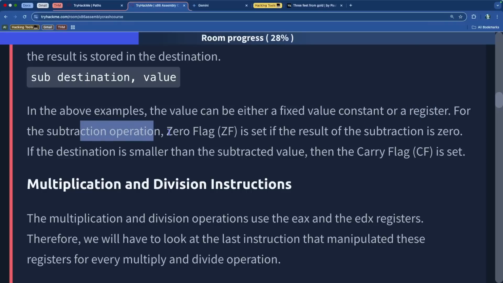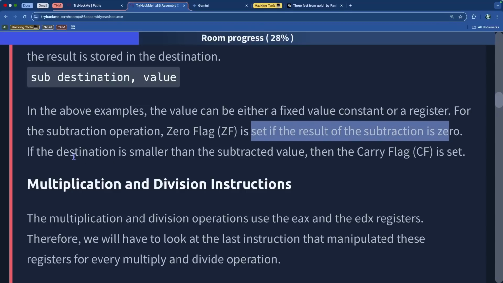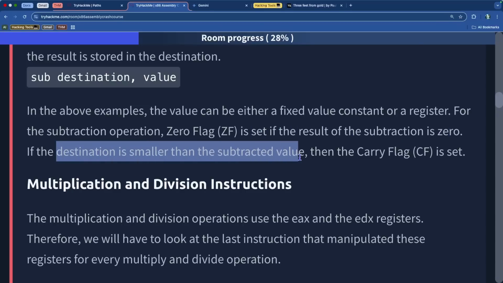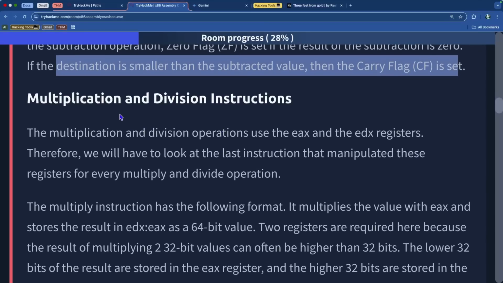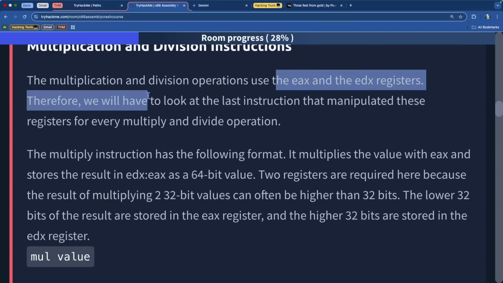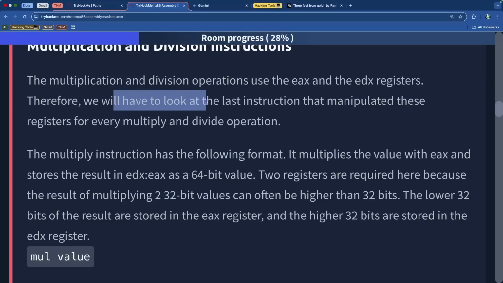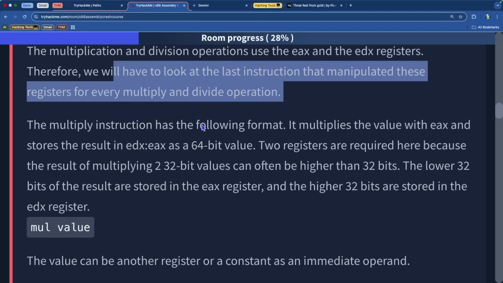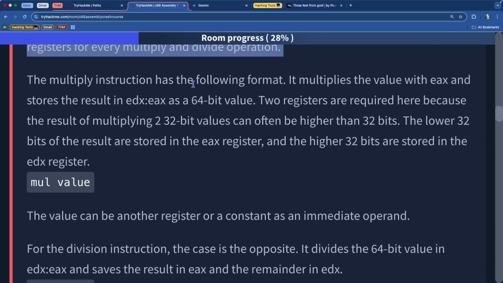For the subtraction operation, zero flag ZF is set if the result of the subtraction is 0. If the destination is smaller than the subtracted value, then the carry flag is set. Multiplication and division instructions use the EAX and EDX registers. Therefore, we will have to look at the last instruction that manipulated the register for every multiply and divide operation. To multiply, the following format would be used here. It multiplies the value with EAX and stores the result in EDX